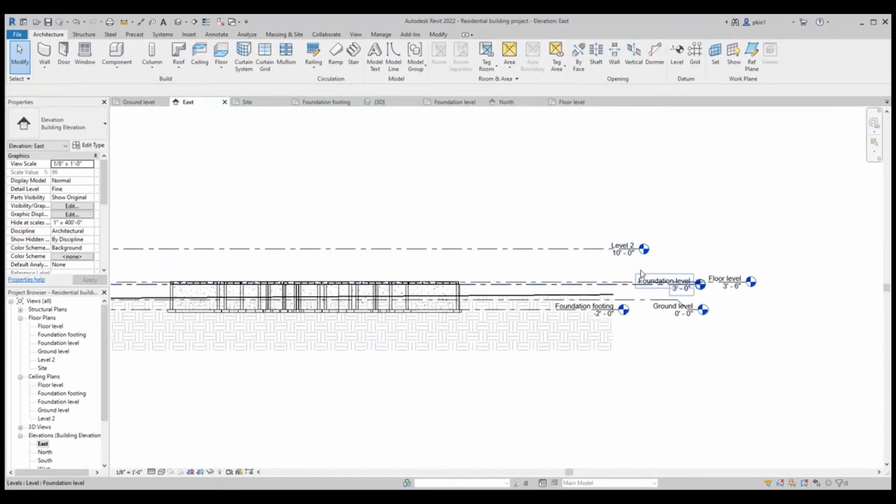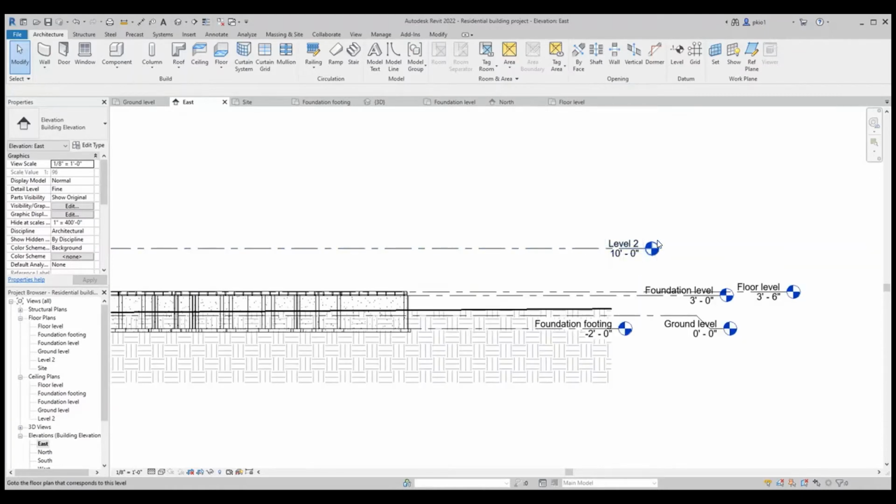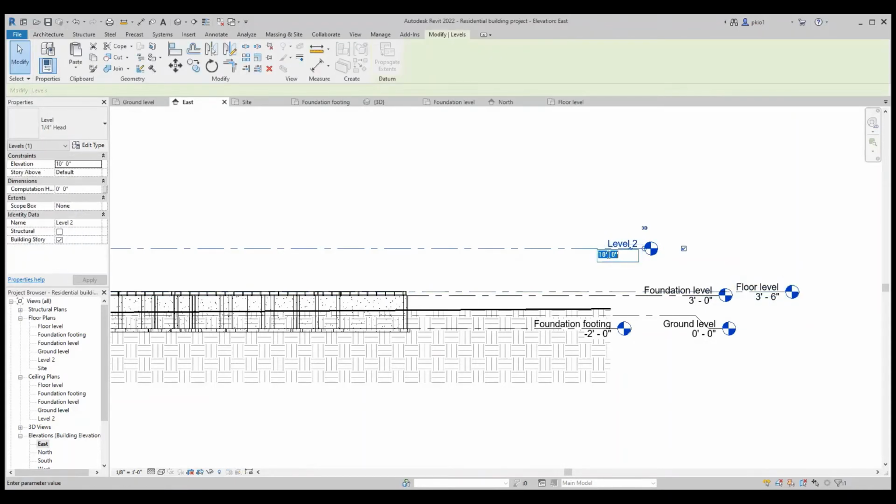So we have our floor level, and we want to have the next level, which would be the top at the roof level. So we'll make sure the height between the floor and the roof can be 10 feet. So we set this distance to be 13.6.